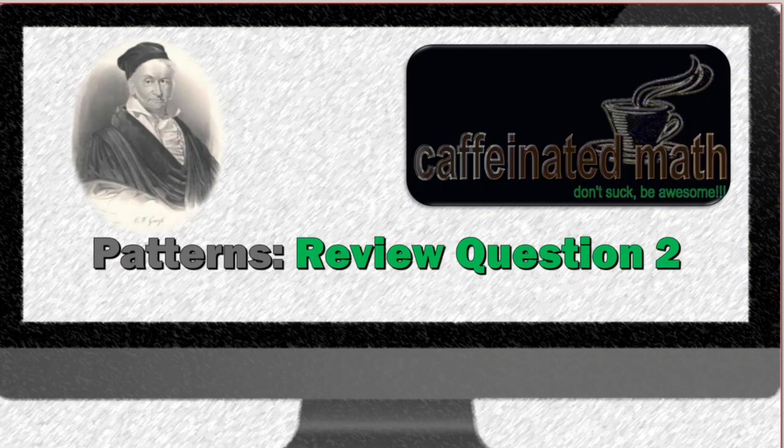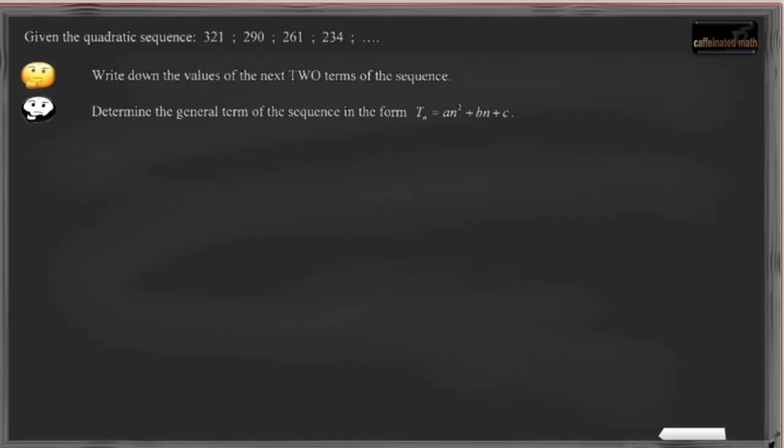Review question 2. Let's have a look. Write down the next two terms of this sequence. Okay, have a look over here. Given the quadratic sequence 321, 290, 261, and 234, and so on, write down the next two terms of the sequence. Well, as we can see,